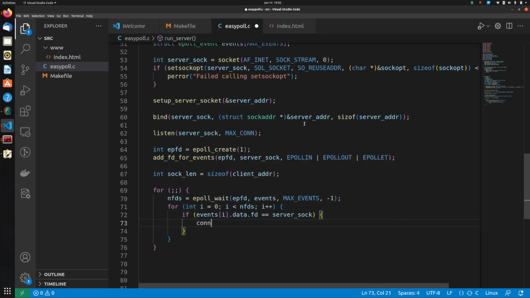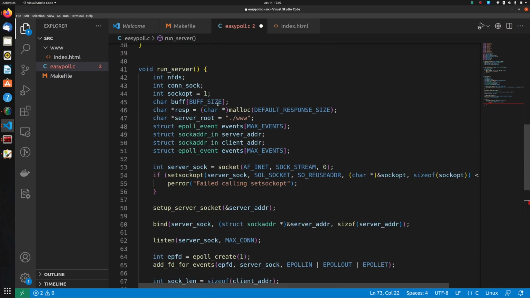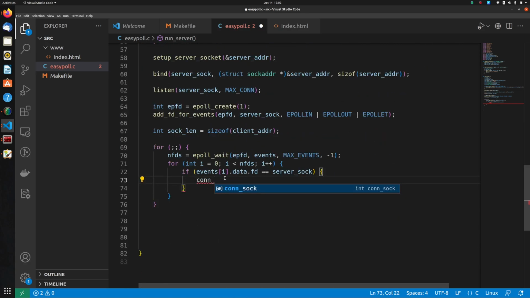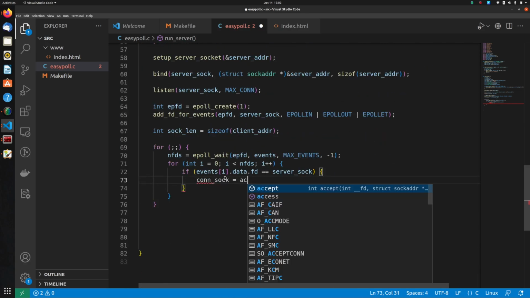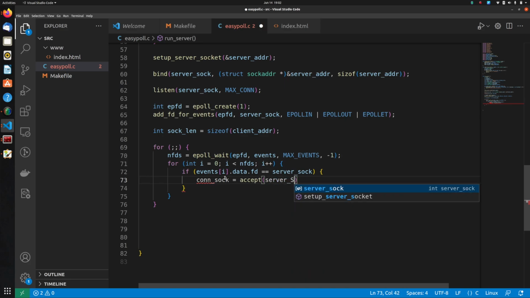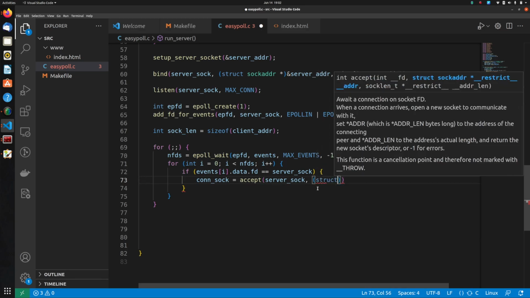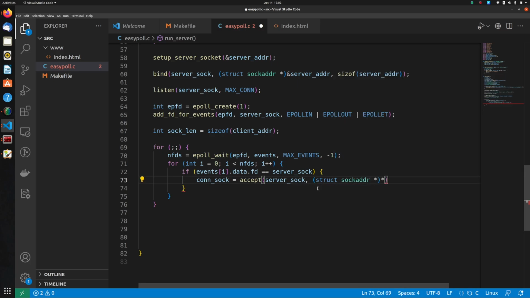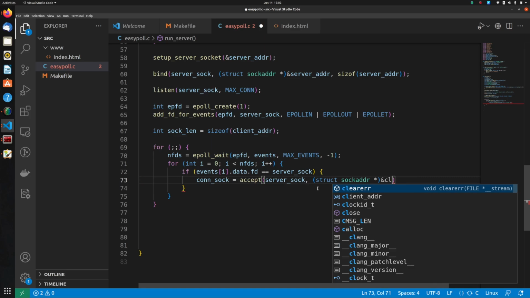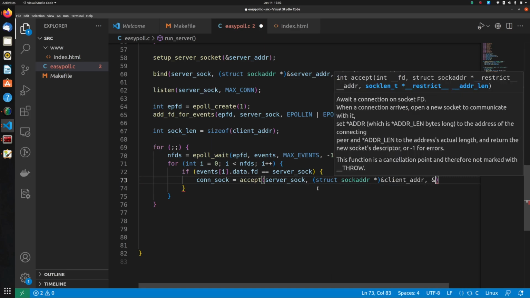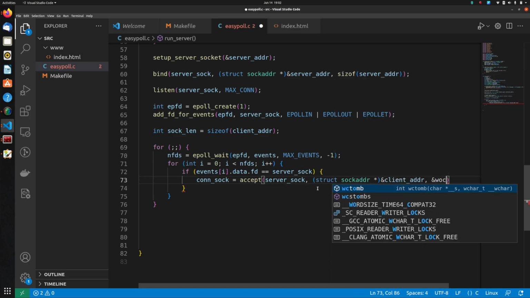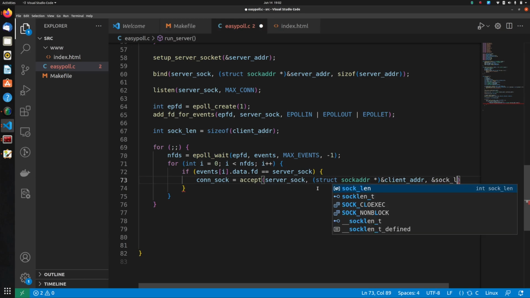So let's accept the connection, and we will have to define a connection sock. Oh, we have already defined it. So const sock equal to accept, the usual accept call. We will give the server_sock, and we will do a struct sockaddr pointer, and we'll do a client_addr, sock length,